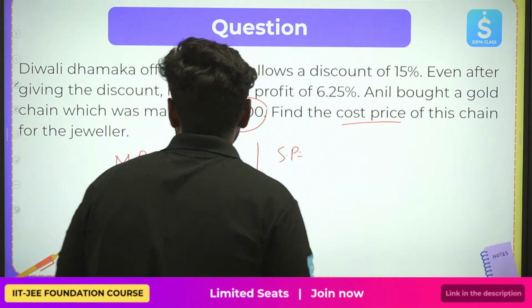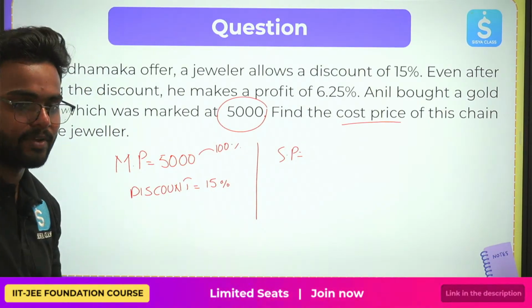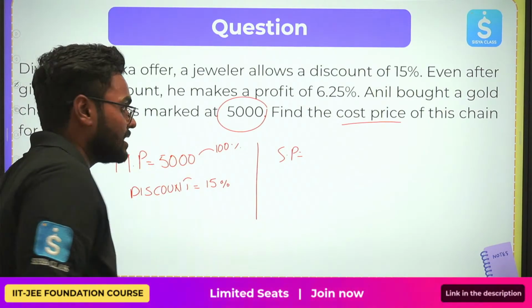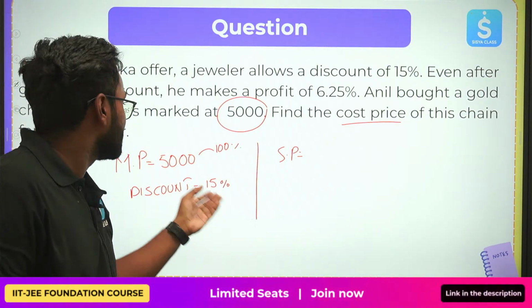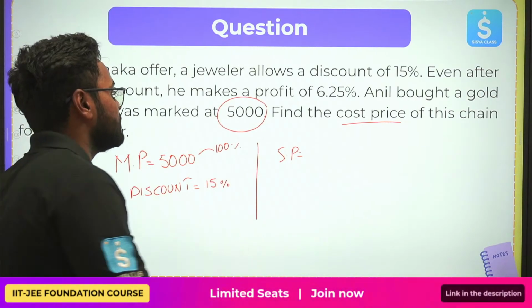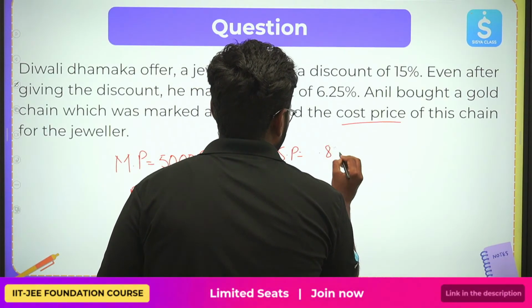So basically this is 100%. I'll tell you an easy way. This is 100%, right? I am giving a discount of 15%. So I would be selling this ornament or gold chain at 85%, right? I'll be selling this as 85%, which is 0.85, or let me write 85 by 100